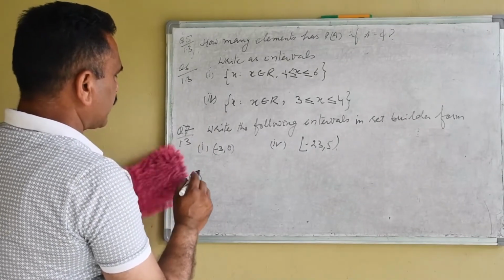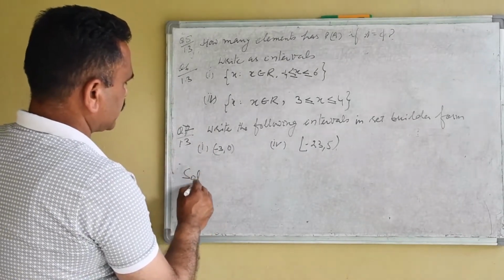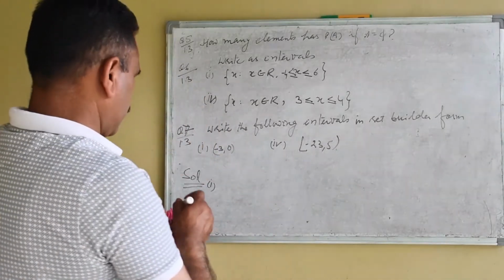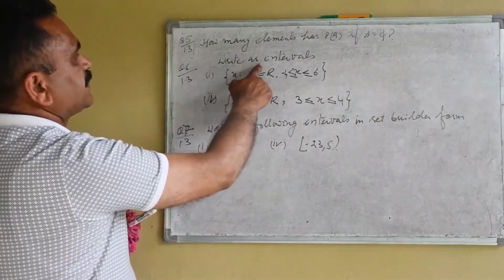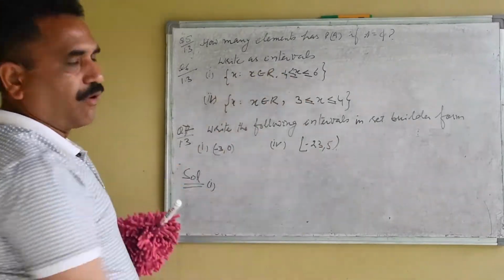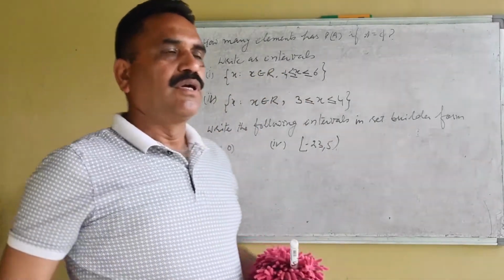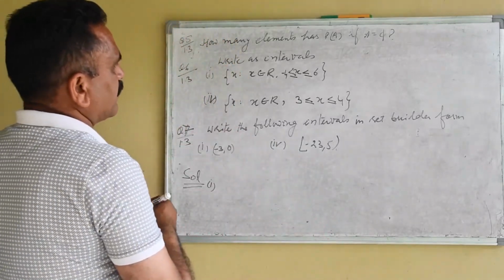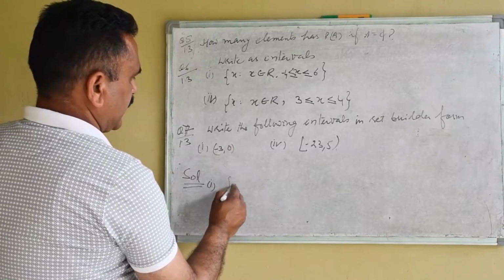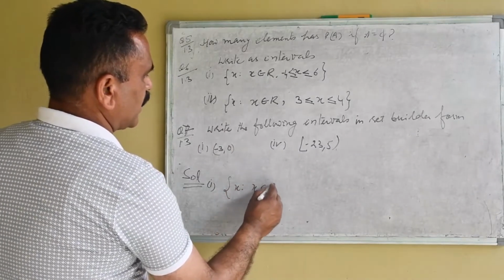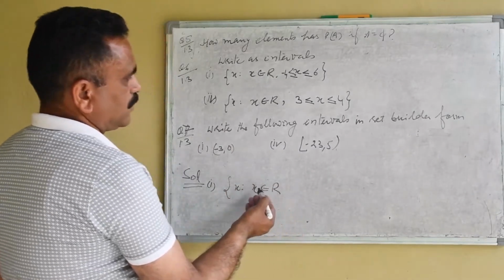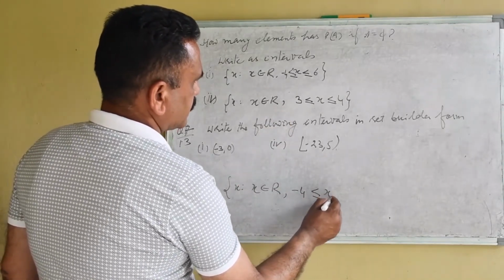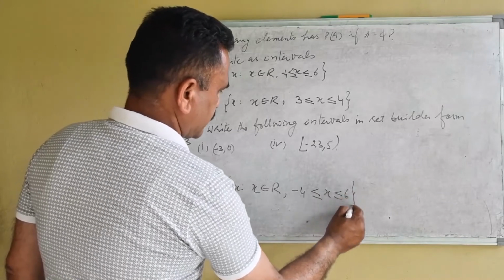Now, question number 6, first part. What is required from us in this question? In this question, we are required to write this set builder form as an interval. This is the set builder form, and we are required to find this as an interval. So, x such that x belongs to R. We have seen how we can write this in the form of intervals.